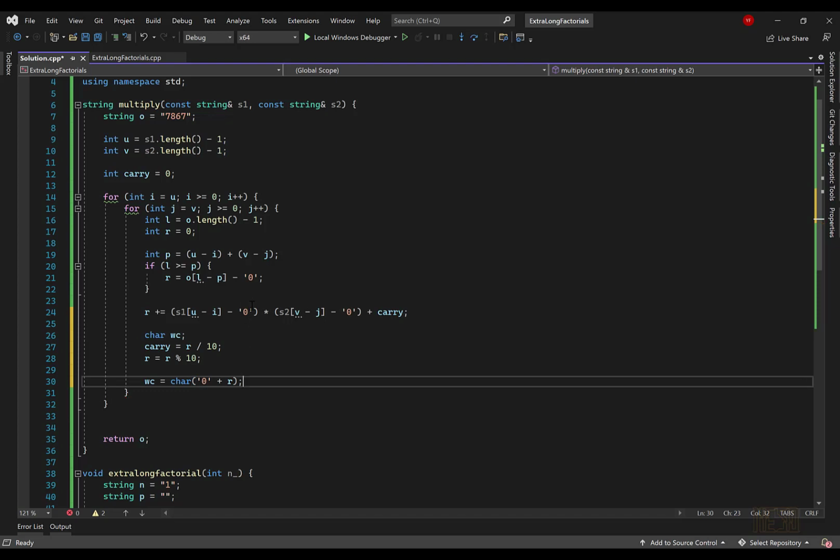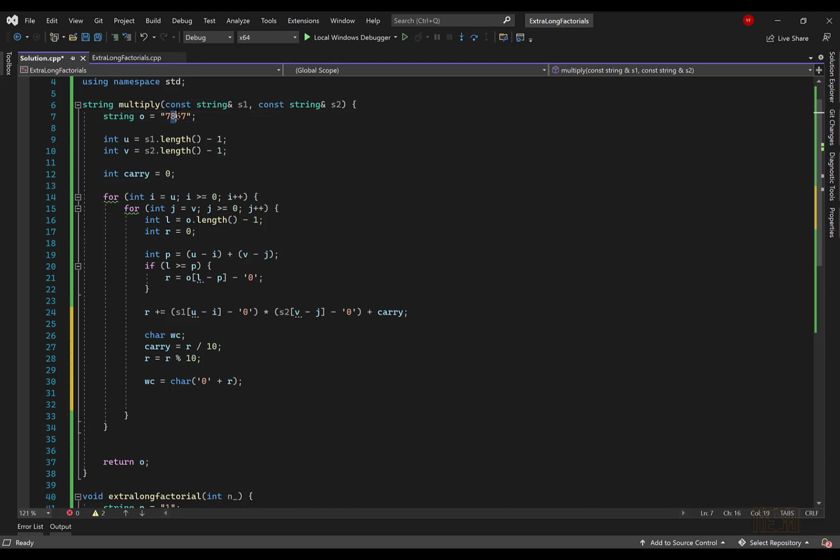So these are common C++ techniques that you need to keep in mind, and you'll be using them every single time you deal with characters and numbers and strings, of course. We already have that digit right here. If the resulting digit is, let's say, digit number 3, and our output string has 4 characters, then we know that we only need to replace these digits right here. Otherwise, let's say if the result was like 22 and the resulting digit was at index number 3, then we need to place a number here